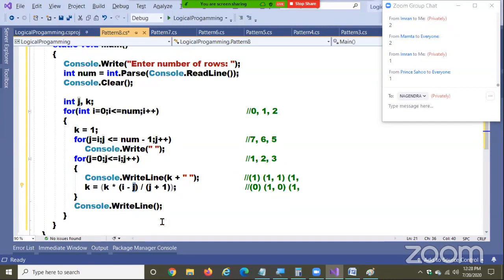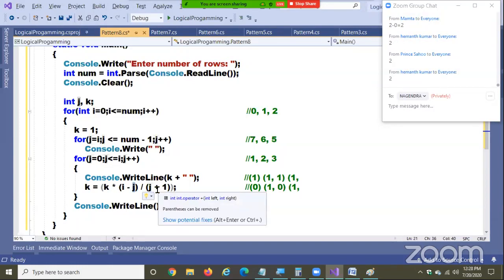Now, why are you taking 1? J starts with 0 now. Why are all of you telling 1? 2 minus 1... 2 minus 0, I'm sorry. 2 minus 0. 2 by